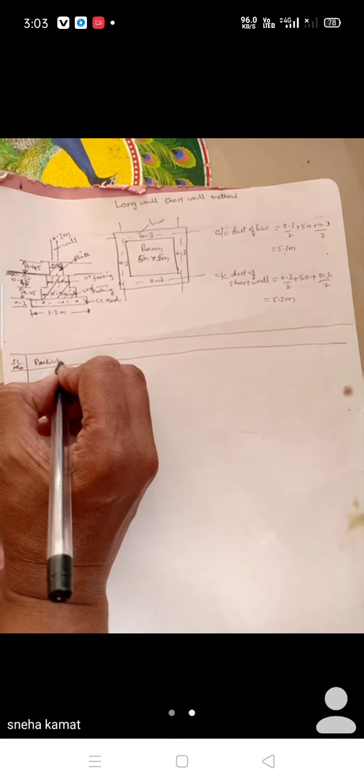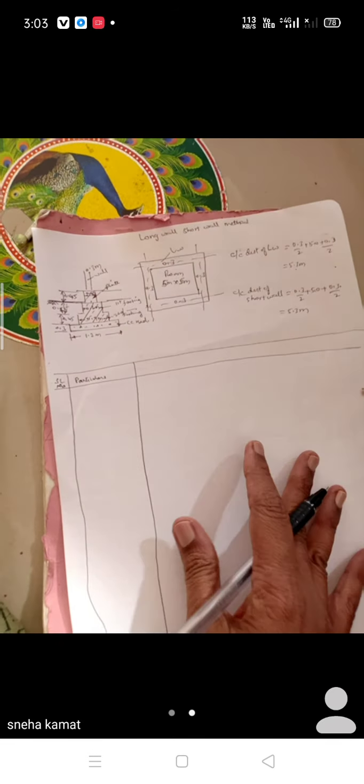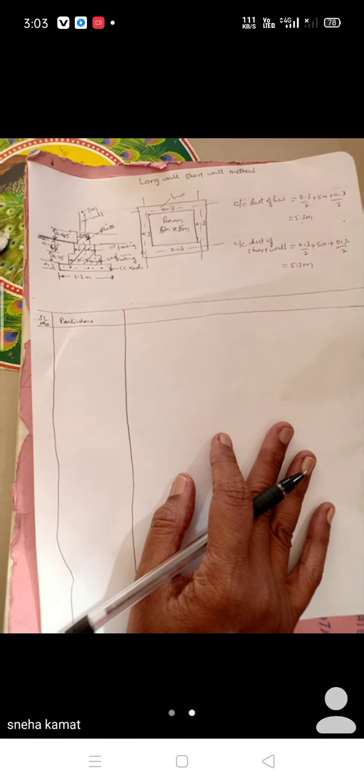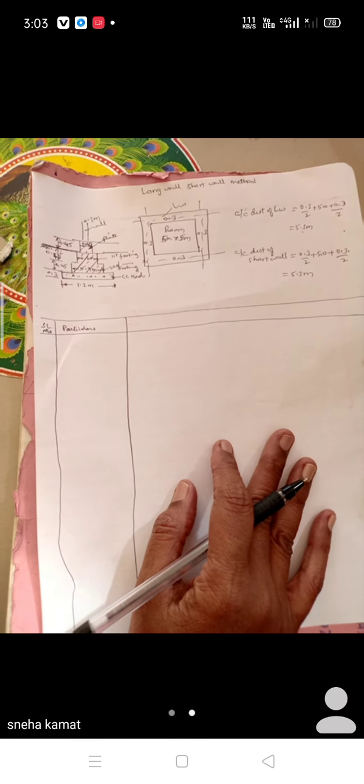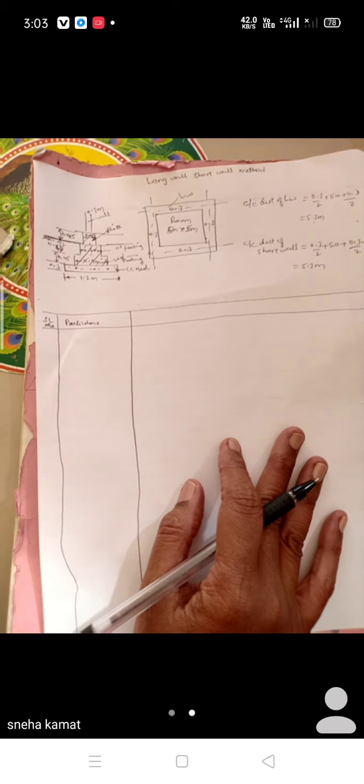This is the first column, serial number, then particulars, where you are going to write which item of the construction part you are going to estimate.